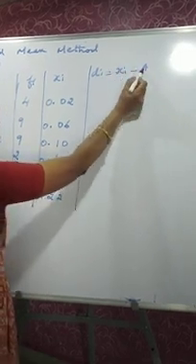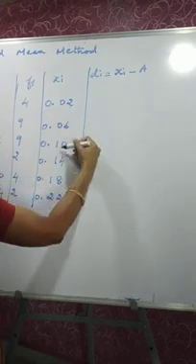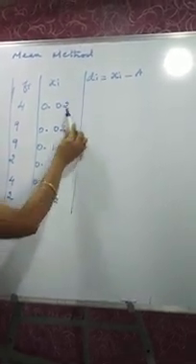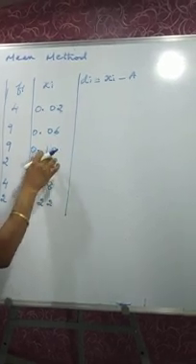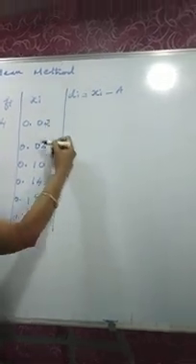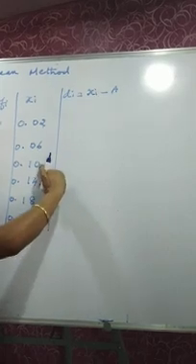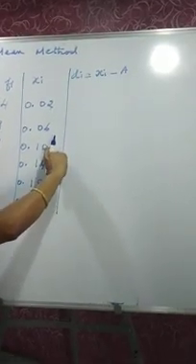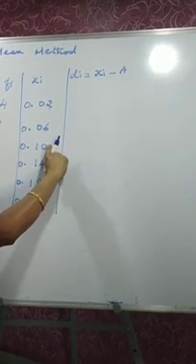We remember this a is calculated from the xi column, 1, 2, 3, 4, 5, 6. In the previous sum, we had only 5 xi's. Therefore, we took the third number as the assumed mean. But here we can see there are 6 entries. When 6 entries are there, we get 2 center values. Here it is 0.10 and 0.14. Anyone can be taken as the assumed mean.